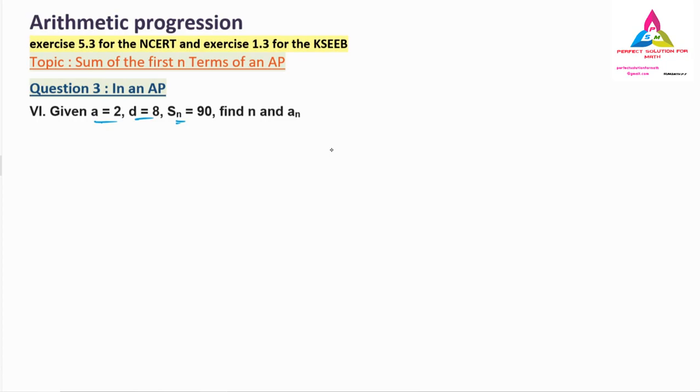Remember this, if they have not mentioned how much it is, means S8 or S9 or S10, they have not mentioned. So directly they are saying that n value only you have to find first. Then we have to find the an value. An value will not make that much difficulty, but while finding the n value, that will make a little bit of difficulty. And a very important question in these three questions, that is fifth, sixth and seventh question. The sixth question is very important because here they have not mentioned n value.